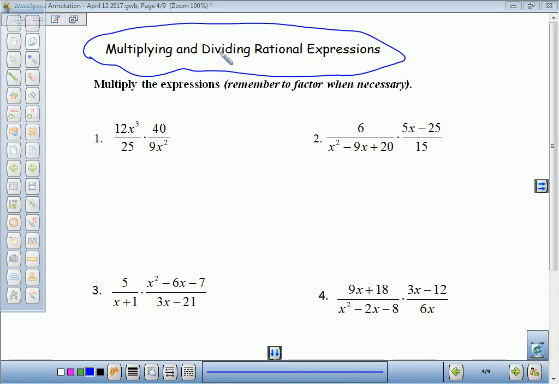Okay, we are multiplying and dividing rational expressions, and it is not much different than just simplifying. Because to simplify, we had to write it as a product. It had to be written as multiplication. So if we start off with multiplication, boom, we're there. It's multiplication. So what this really means here is 12x to the third times 40 is all over 25 times 9x squared. It's multiplying. So even though it's written as two separate rational expressions here, it means the same thing